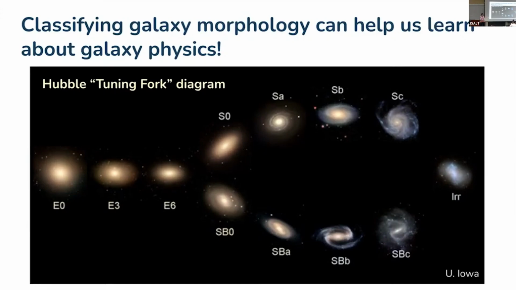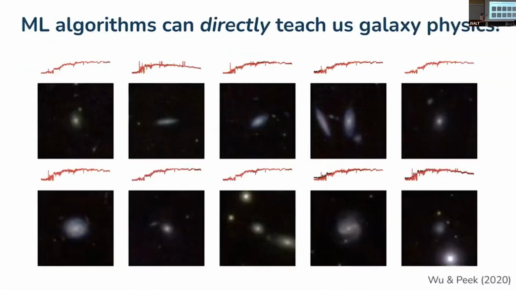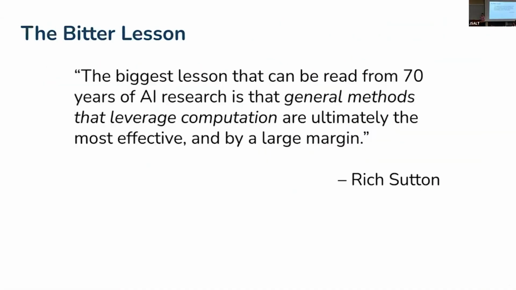But we are now at a point where we can actually, I think, move forward and go directly to the interesting physics, where we can predict the galaxy spectrum, right? Which again tells us about the physics directly from the images themselves. So again, a bit of my opinion here, but I think this is one of the really important ways that our field is moving, is that we can now propagate these expensive labels of taking galaxy spectra and get a lot of this away with imaging. Okay, I'm going to end. This is my last slide.